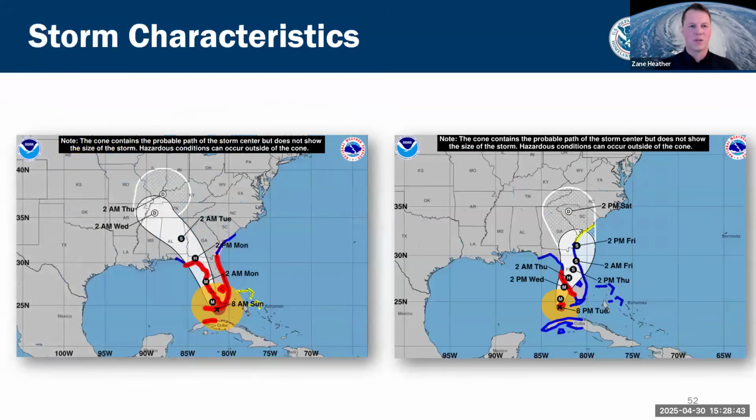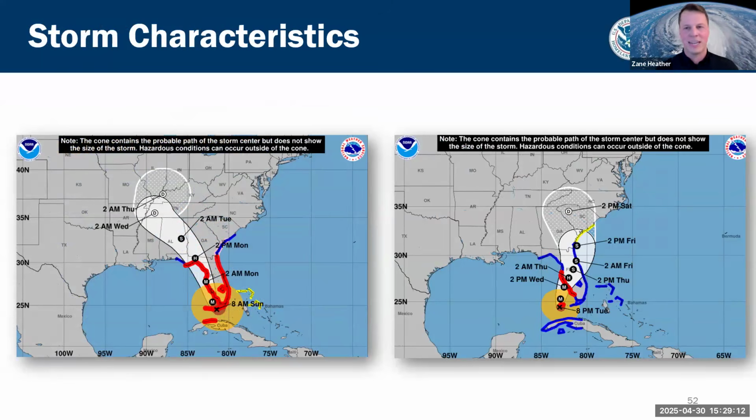All right, so the first question is storm characteristics, and the main overview product through the National Hurricane Center Advisory Package that you will see first is essentially the cone of uncertainty and the associated watches and warnings. As you all know, because you've been sitting and paying diligent attention in this course for the past 2 days, this does not tell you much about hazards. It does not tell you much about timing. Really, the only thing the cone tells you is generally where the center of the cone is expected to go.